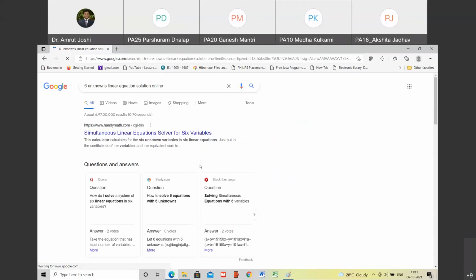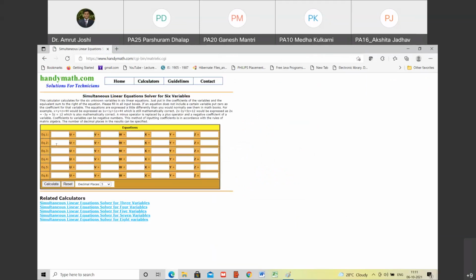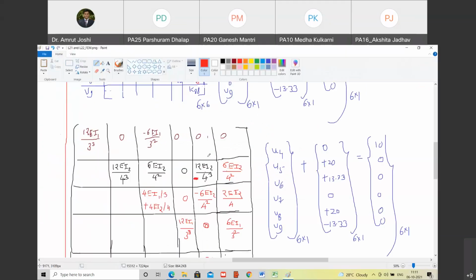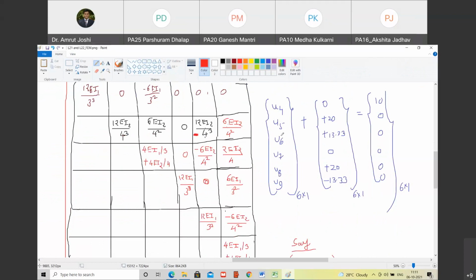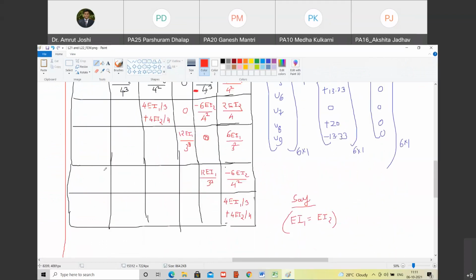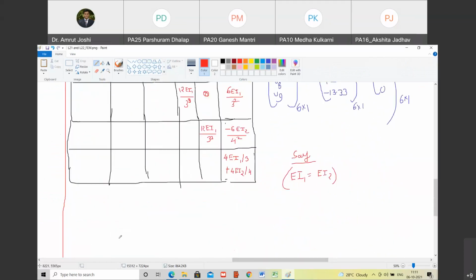Are you with me? Yes, sir. So we have to write down the equations, 6 equations. What are the unknowns? U, V, W, X, Y, Z. So what are U, V, W, X, Y, Z for us? U4, U5, U6, U7, U8, U9. Happy? Yes, sir. Now, if I take EI common,